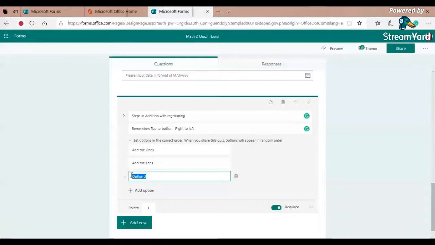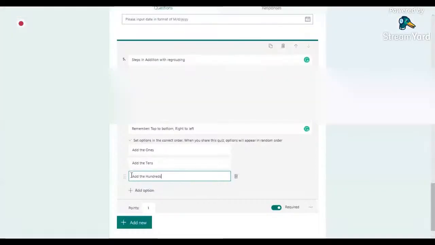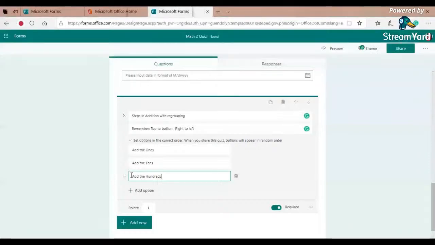If you're going to have a ranking question, the options should be in the correct order. Don't worry, because when you share this quiz, the options will appear in random order to your students. Again, if you make a ranking question, you set the options in the correct order.